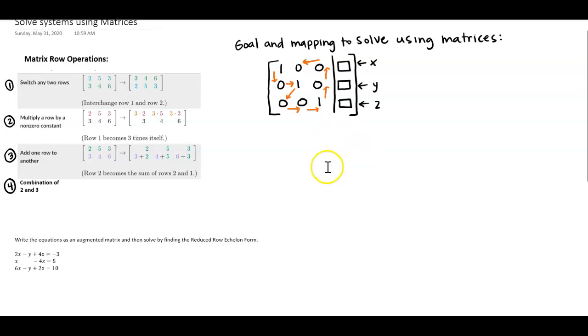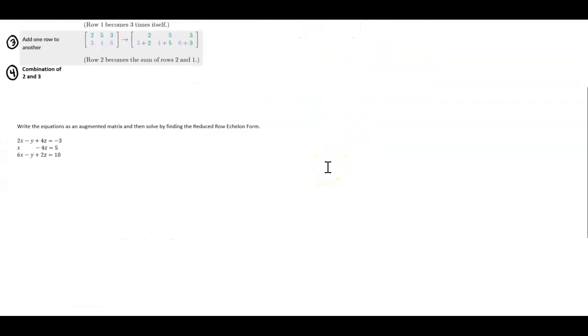So let's go ahead and try that with these equations that I have here. So the first thing that I need to do is I need to write this out as an augmented matrix. So it basically means that I'm going to take out all of the variables and only leave the constant terms in there. And the nice thing about this is that if you have equations that have 4 variables, 5 variables, 6 variables, by changing it to a matrix,